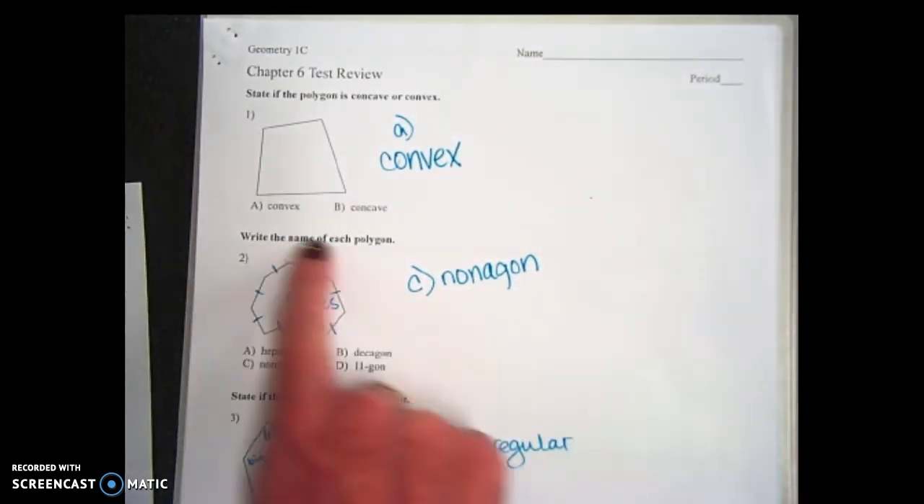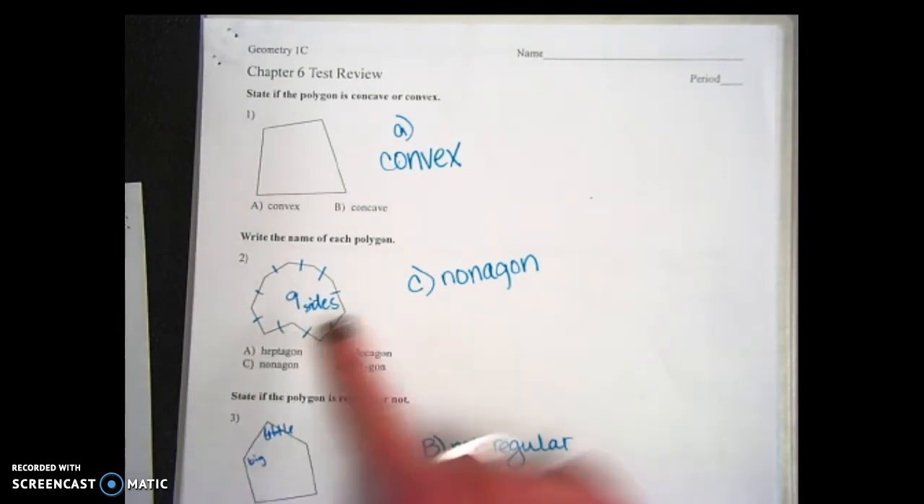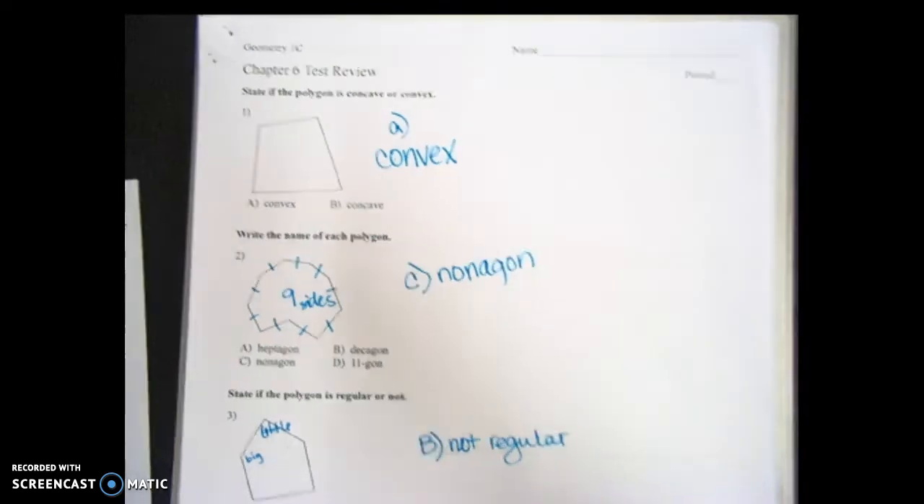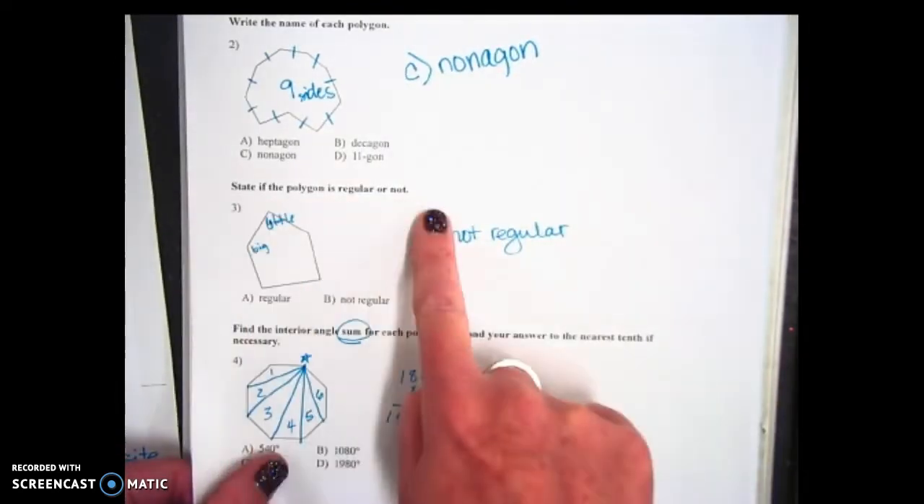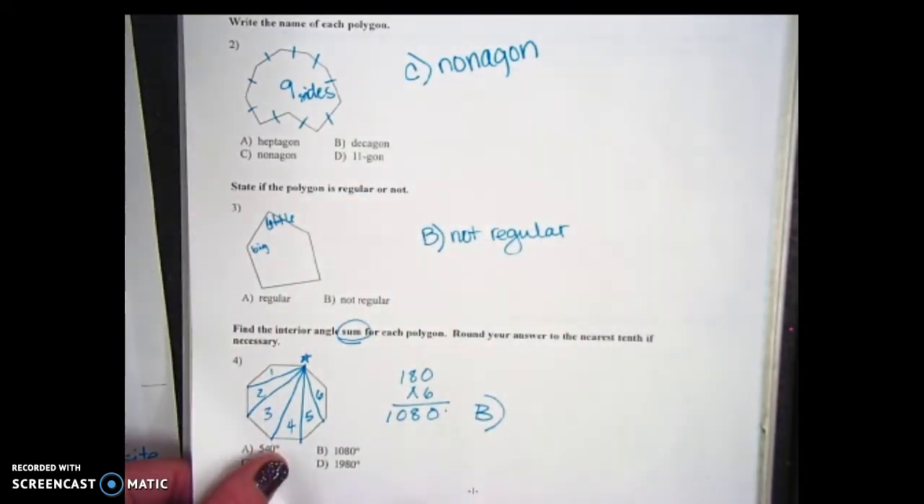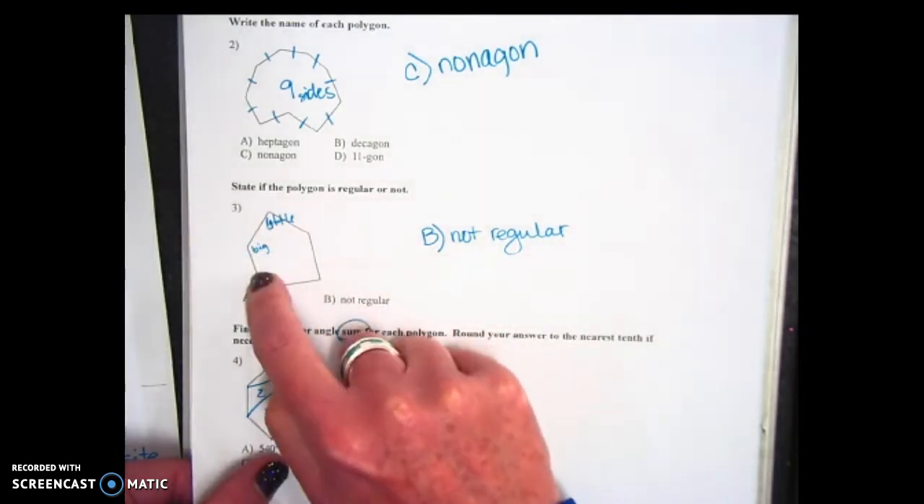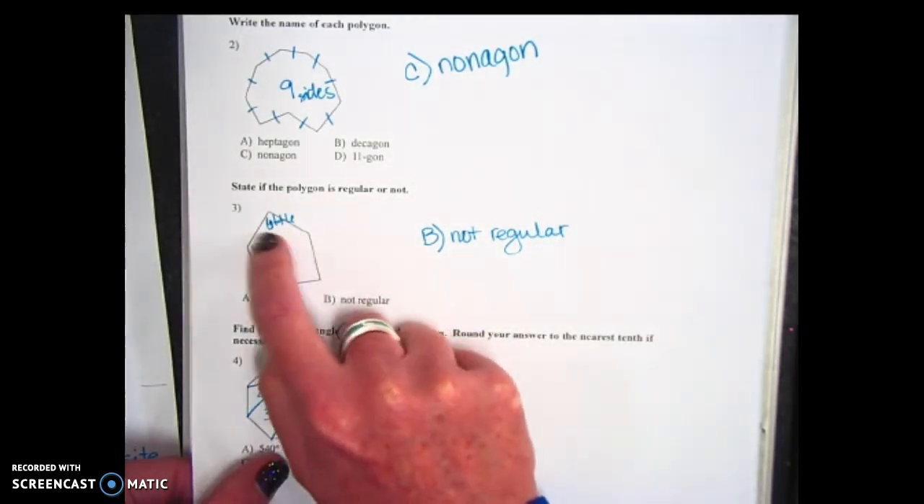So what you're going to do is count up the sides. Look on your chart. It has 9 sides, so it's called a nonagon. Number 3 says state if the polygon is regular or not. So regular means that all the sides are going to be congruent and all the angles are going to be congruent. Notice this angle right here is a little bit bigger and this one is smaller,